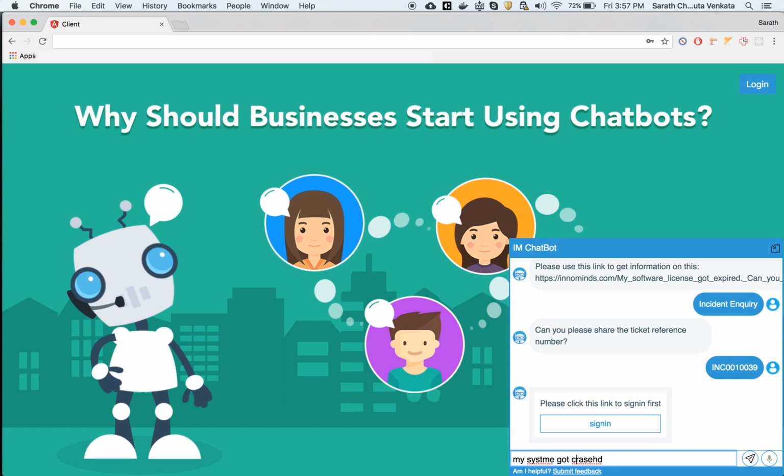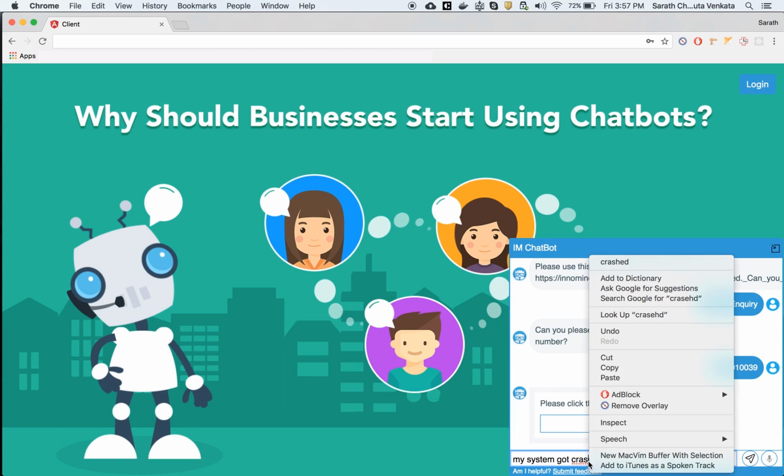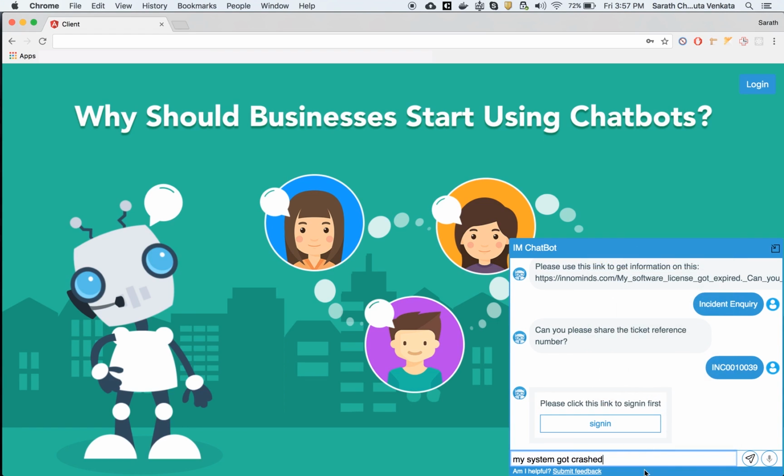As you can see, whenever the user makes some kind of spelling mistake, it shows a red line below the text. The user can always correct it. Now let's look at a scenario when the user